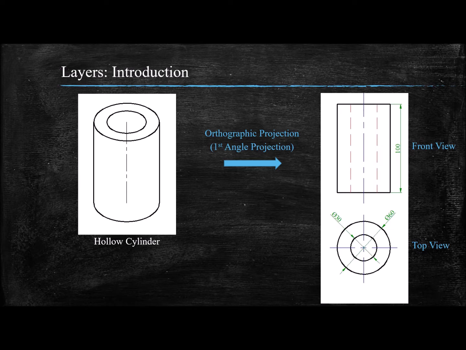Now layer by layer, if we think about this complete figure, we have incorporated 4 of them. First of all, through these solid black lines, continuous lines, the visible features of the object were shown. Then in the second layer came the hidden features, shown through the red dashed lines. In the third layer came the center lines, which are blue chain lines. And finally, in green, we have incorporated the dimensions.